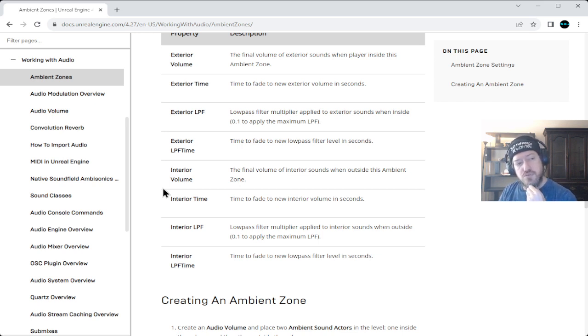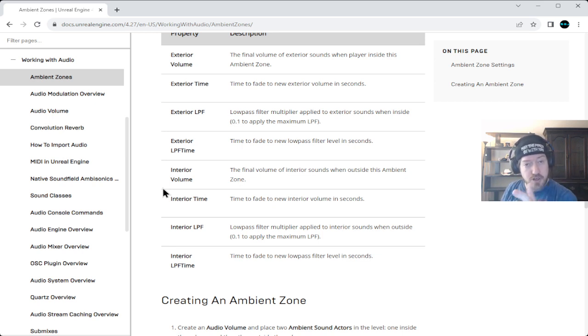As an example of this, let's say you want to go into a library in a city. You enter the library and it's super quiet in there.